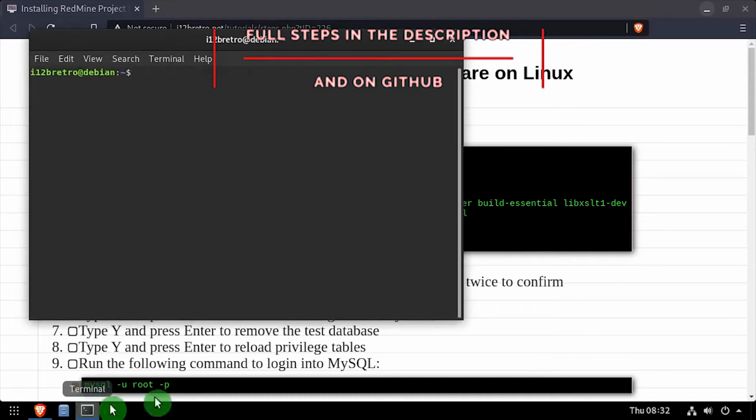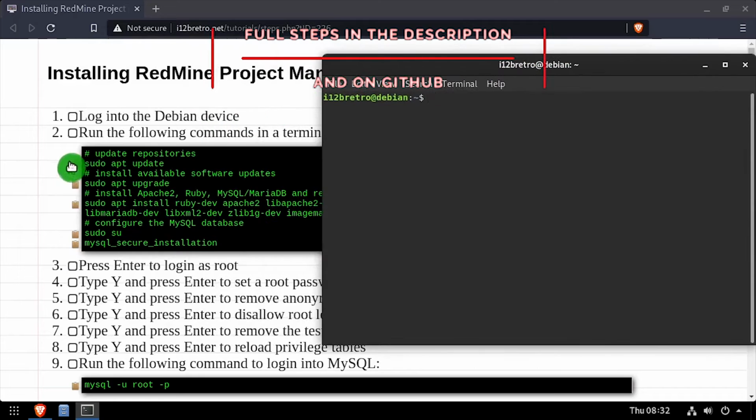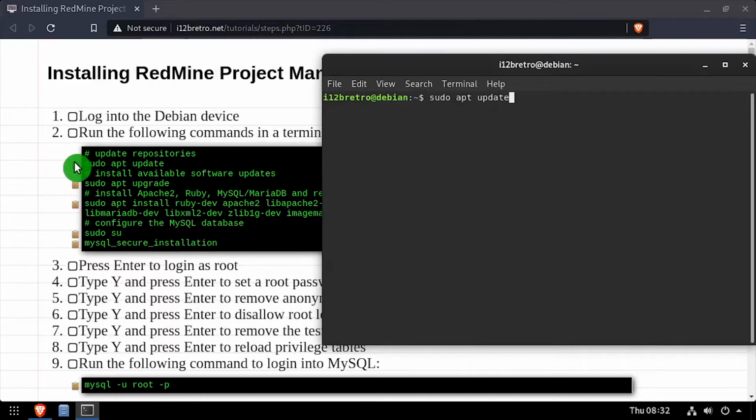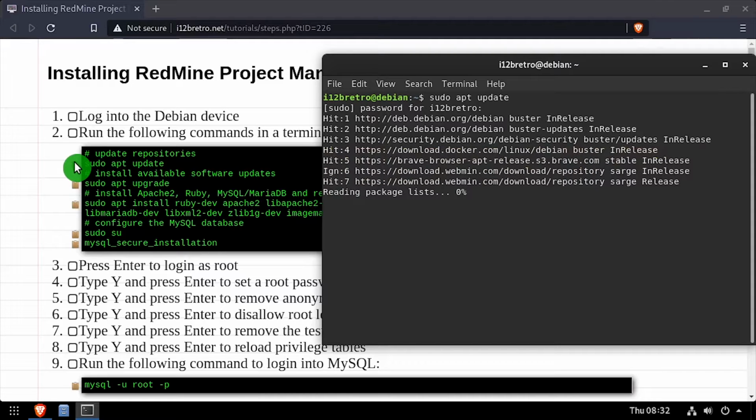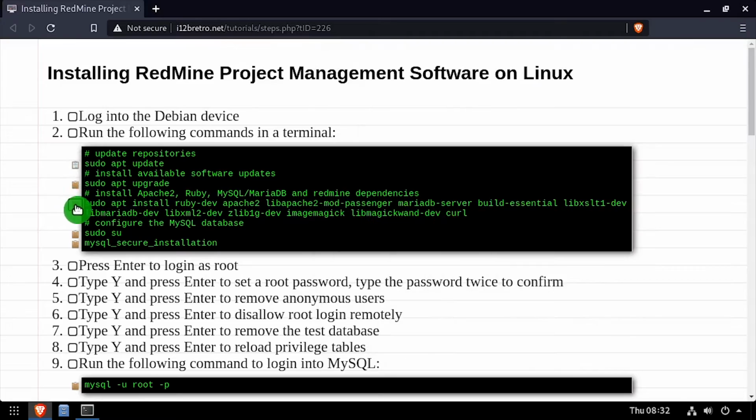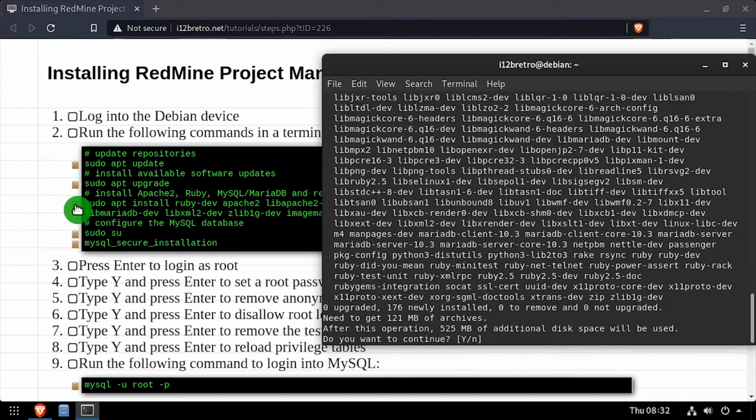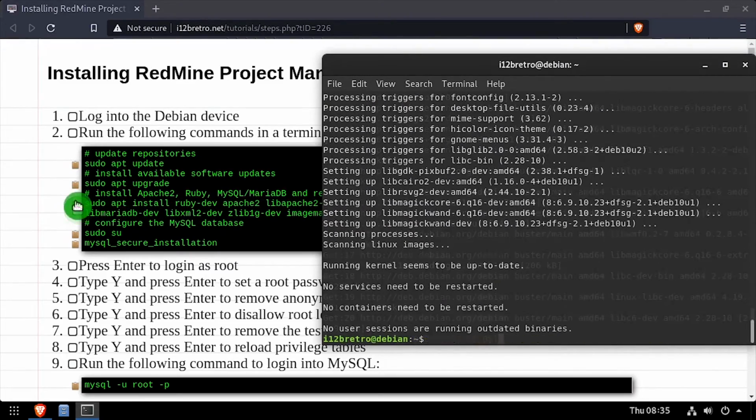Today we're going to take a look at installing RedMine, project management software, on Linux. To begin, launch a terminal and run sudo apt update and sudo apt upgrade to install any available software updates. Then we'll use apt install to install the Apache 2 web server, Ruby, MariaDB database backend, and a few other prerequisite